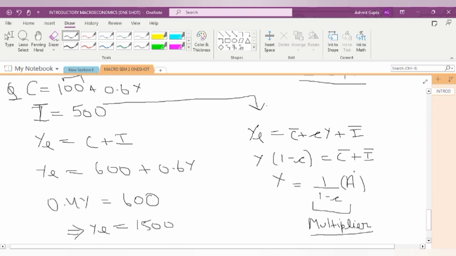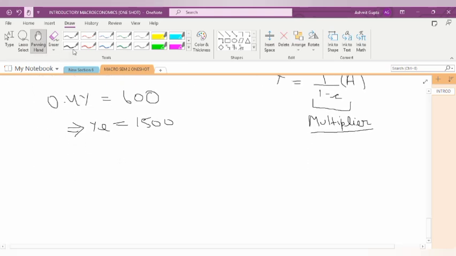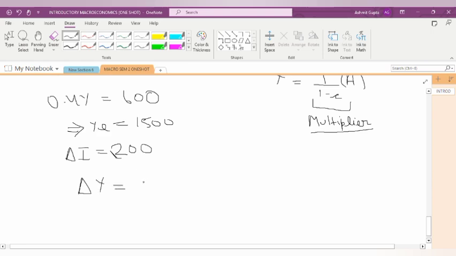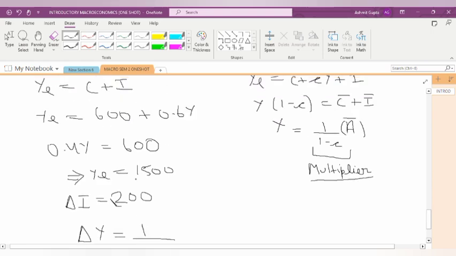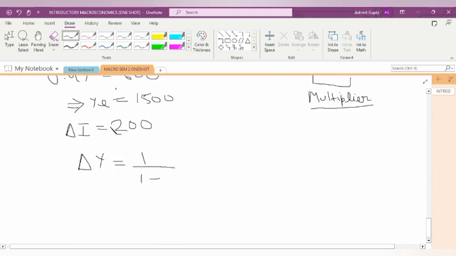What will change in Y? So simply we will be multiplying the multiplier with the change in investment, that is 1 upon 1 minus, what was the value of multiplier in this? MPC, we have got 0.6, into the change in investment. So we will get delta Y equals